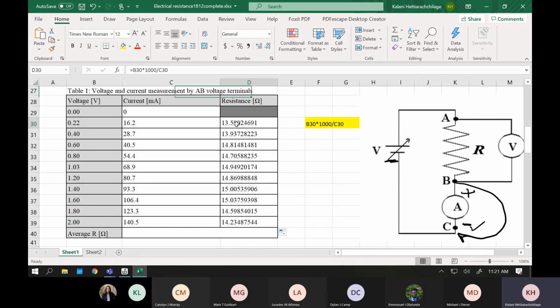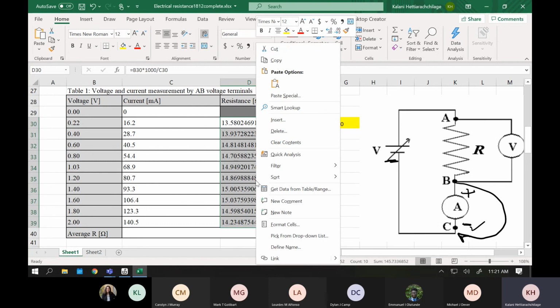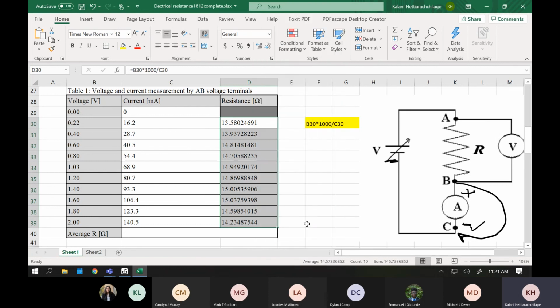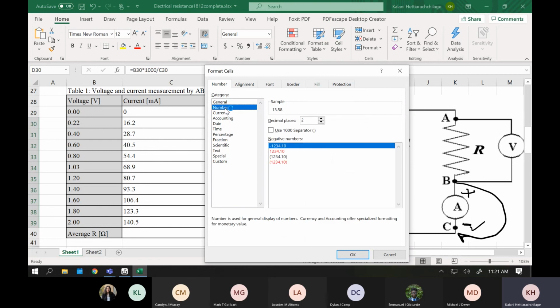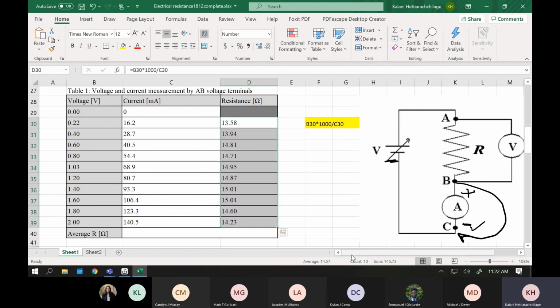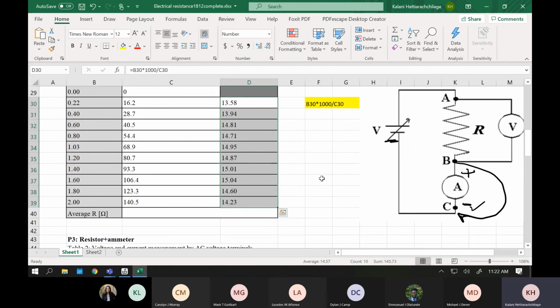So now this one you can always format, because we don't want this number of sig figs, right? We cannot have that many decimal places. So you can right click and choose format cells, and let's leave only two decimals. Go to Number and it usually automatically selects 2. If not, type 2 in there and click OK, then it will stay with 2.